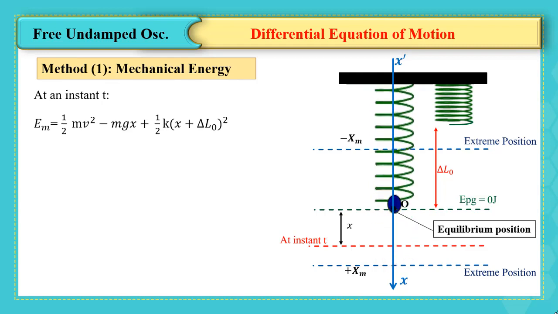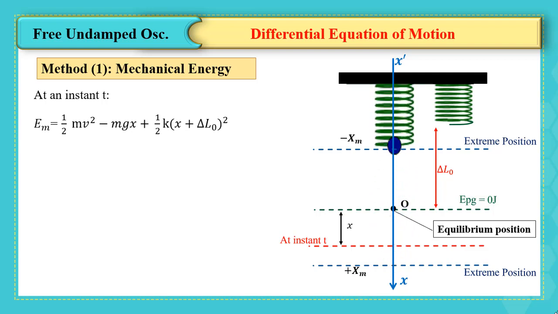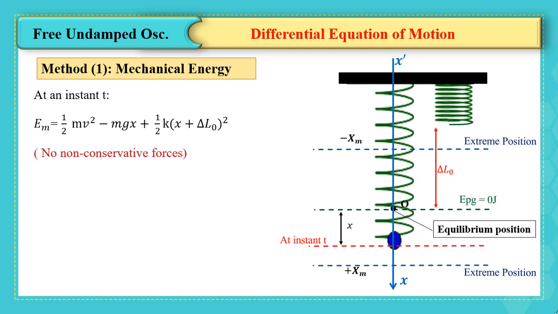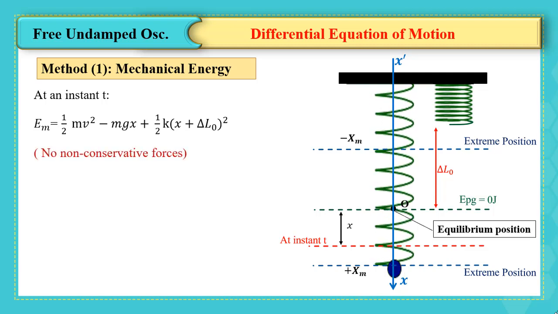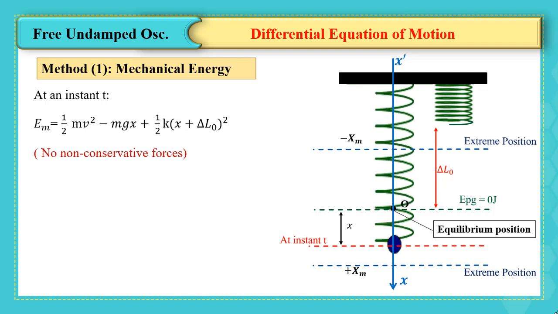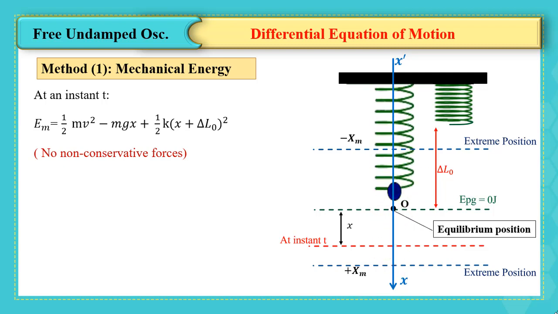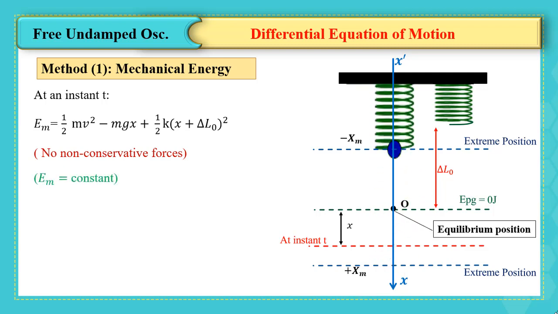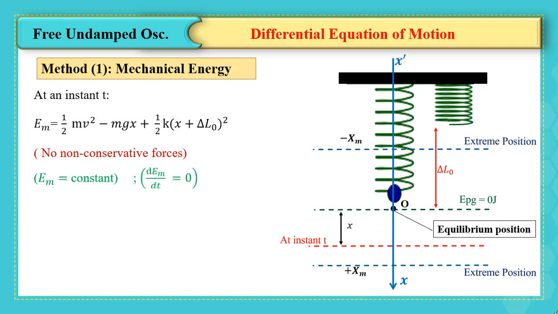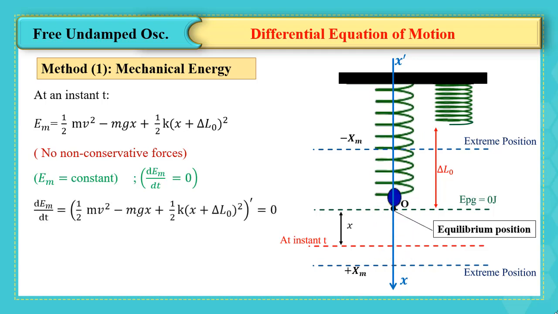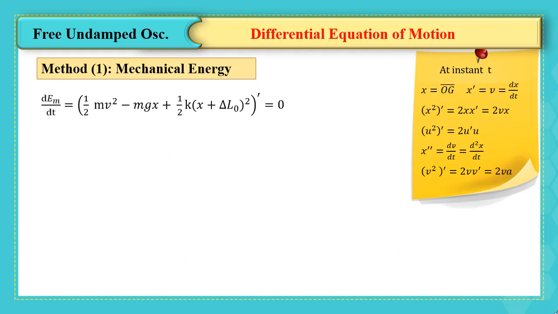Then we know that we are dealing with the undamped oscillation, so there are no non-conservative forces. What does that mean? It means that the mechanical energy is constant, which is conserved, and its derivative is 0. Then try to make its derivative and check your answers with what I'm going to show you. Use these notes whenever you need. Then, good. The answer is